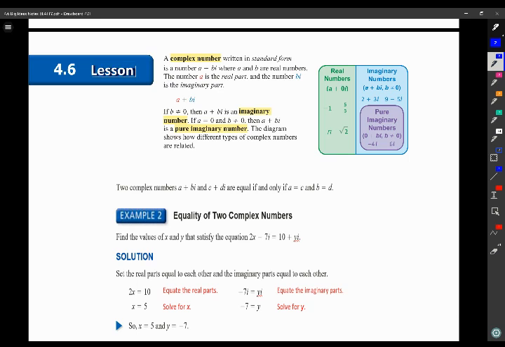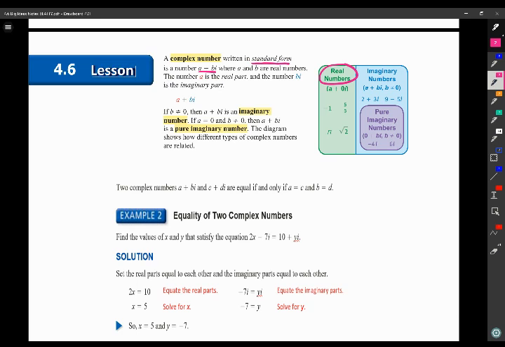So this is what I was talking about when you have a complex number written in standard form. We kind of introduced this on the last page. But again, standard form is going to be a plus bi, where a is the real part and bi is the imaginary part. And so as we look at the number system, we've got the real numbers, which is what you're used to. So that's like your integers, your fractions,